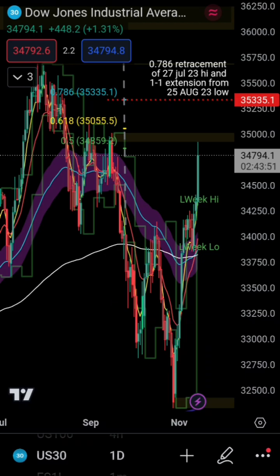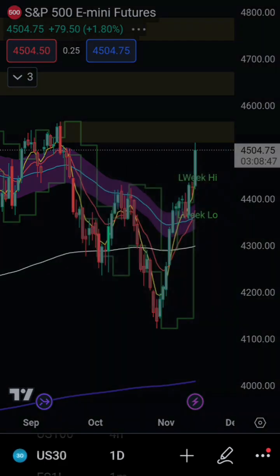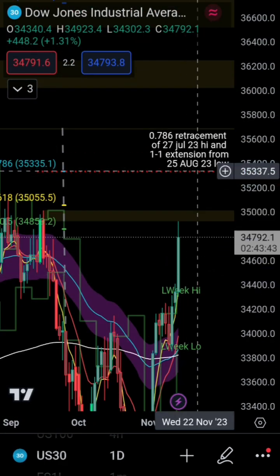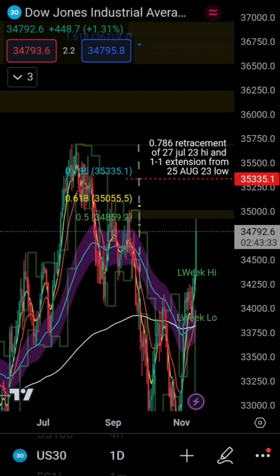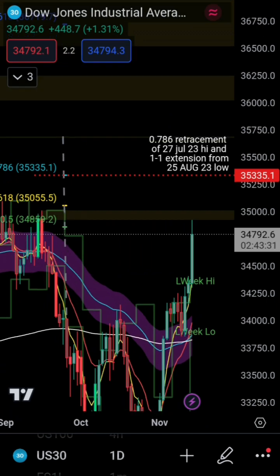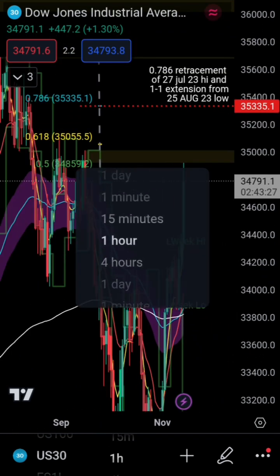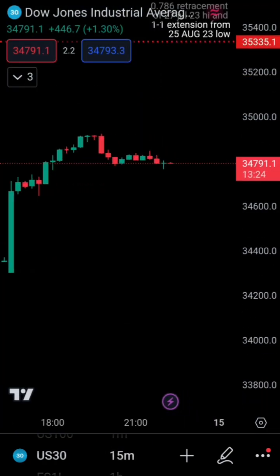I want to go quickly through this because I did a recording before and it didn't work out three times. The next zone for the Dow Jones I've been watching for a while is 35,332. That's a 0.786 from the 27th of July high. And if we get that, that would be a good short. Even now, it's a good short. It's a zone where we sold off from. And if you were looking for a trade, Nasdaq, Dow Jones are looking like a good short.